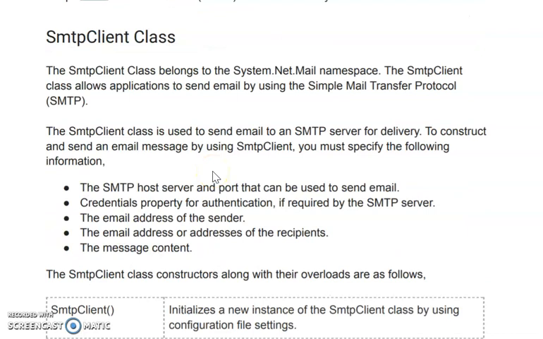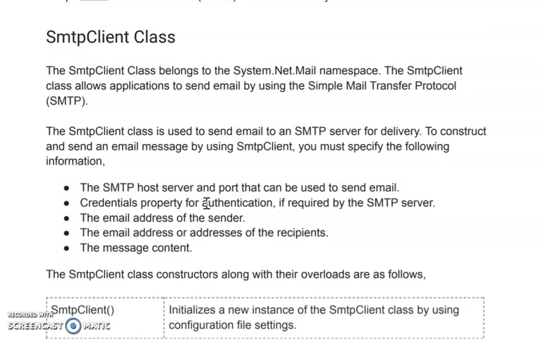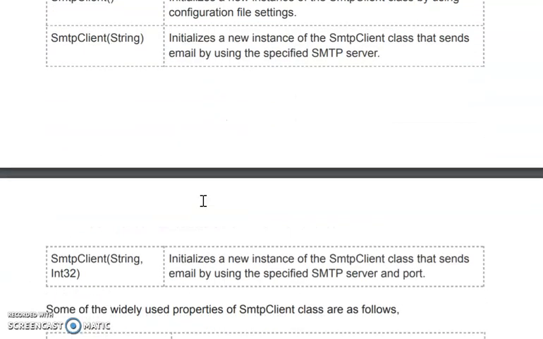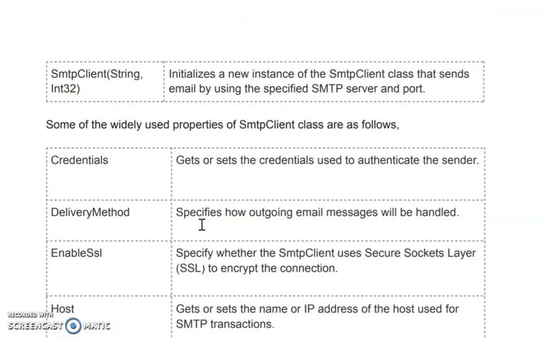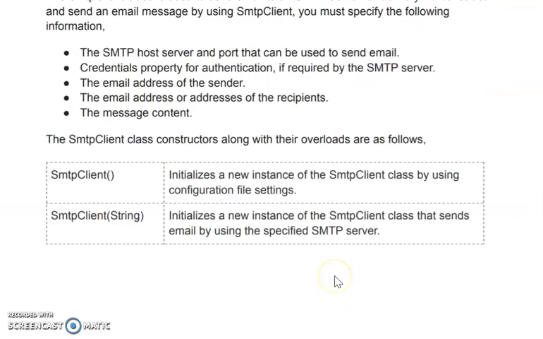The SmtpClient class is the first class we require, which is present within this System.Net.Mail namespace. This SmtpClient class creates an object, and that object will hold some information about the SMTP client. With the help of that we can send the messages, and some properties are associated with this SmtpClient.